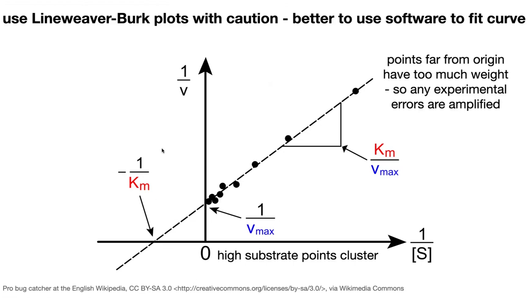But remember that with a Lineweaver-Burk plot, you have 1/s on your x-axis and 1/v on your y-axis instead of s/v. So what's going to happen is your -1/Km is going to be your x-intercept, and 1/Vmax is going to be your y-intercept. So if your apparent Vmax gets smaller, this is going to get shifted up. And if your Km or your apparent Km gets bigger, this is going to